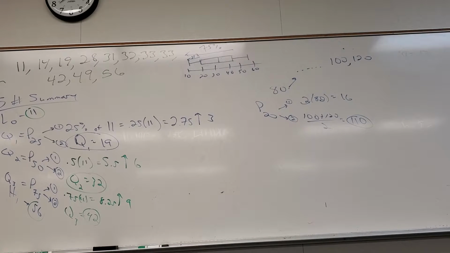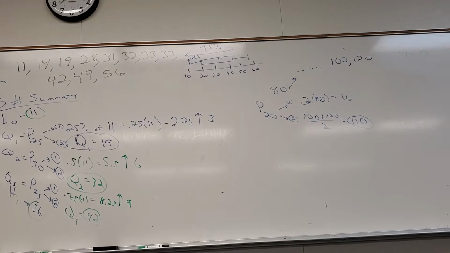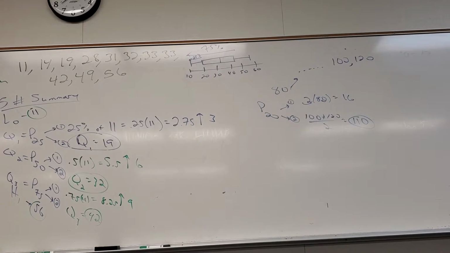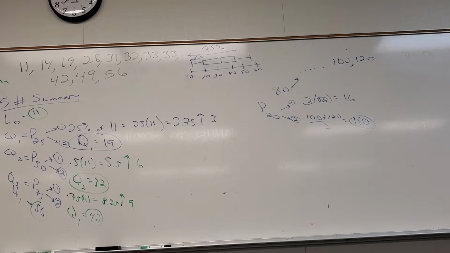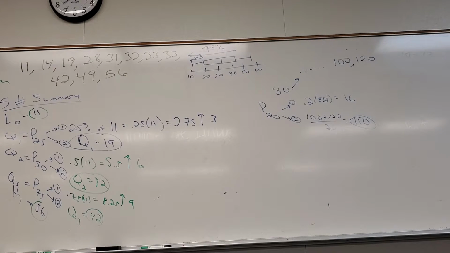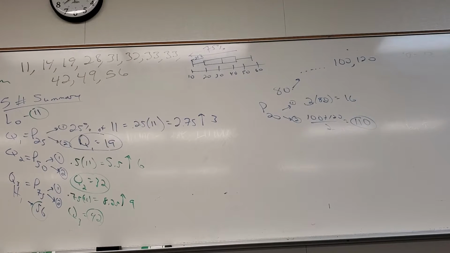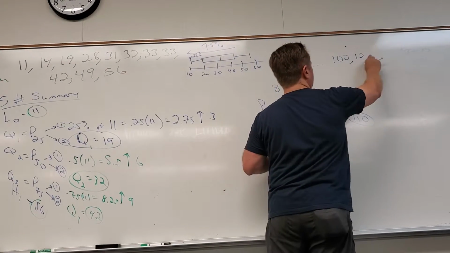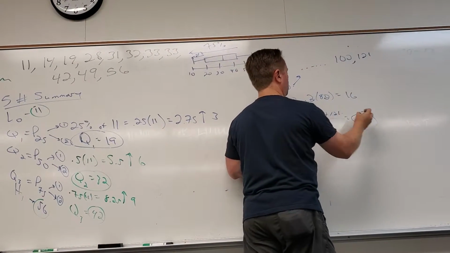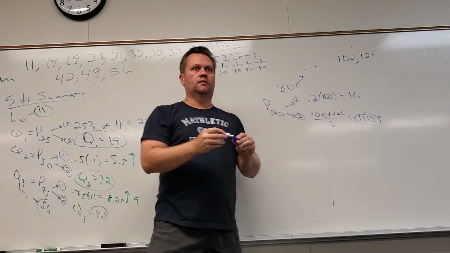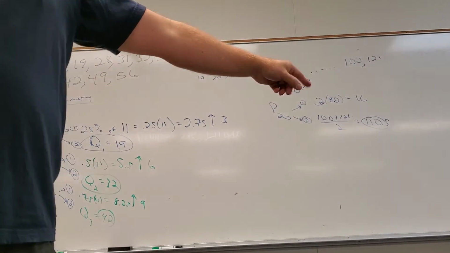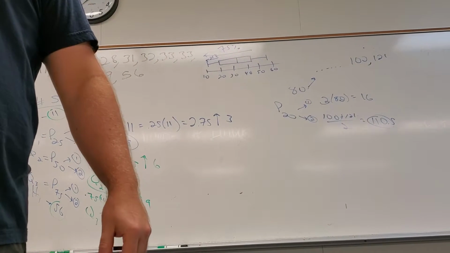So you know I'm not going to let that happen on the test. Maybe once or twice. Is there ever going to be a case where you get a whole number and then you do the average and then the average is a decimal? Of course. All I had to do here was make this 121, and then this would have been 110.5. That's it.